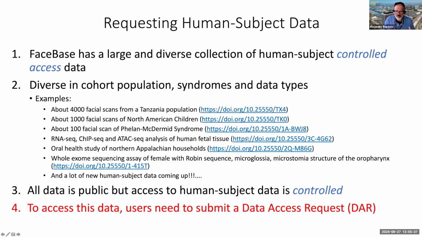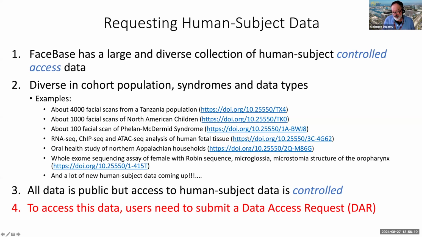So it's not like the other data sets, like for mouse or chick, that mostly Rob was showing you, where once you get to the page, you can click on a file and download it directly to your machine and you own the data. This data is also available for you, but we don't have a direct link to download it to your computer. So the way you access this data is going through what we call a data access request,